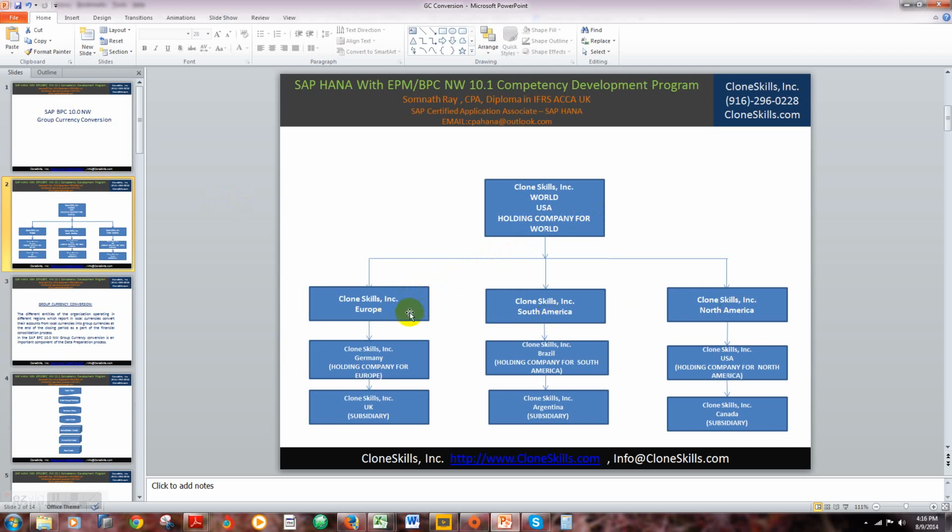The European regional headquarters is located in Germany with a subsidiary in the UK. They also have a South American region which is headquartered in Brazil, and they also have a subsidiary in Argentina for the South American region. For the North American region, they have their headquarters in the United States, and they also have a subsidiary in